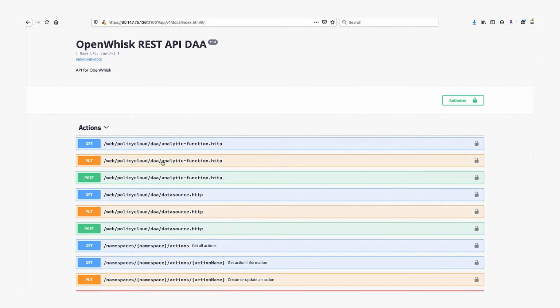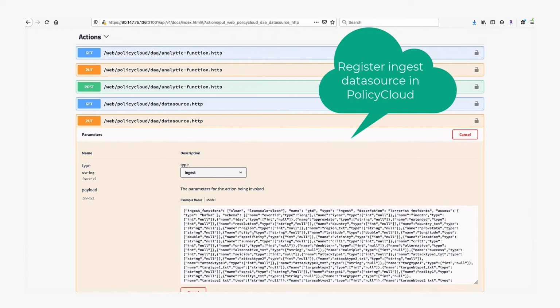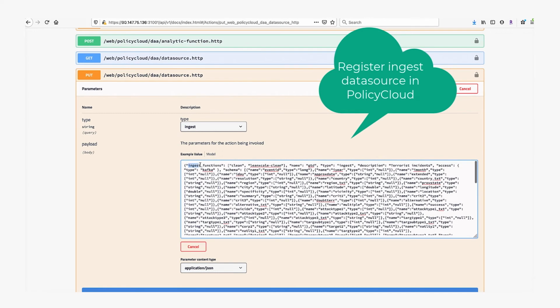Next, we can list the available ingest functions in PolicyCloud. On listing, we can see the clean analytic registered and its parameters. We can see we also have a sentiment ingest function already registered too. We will use it in the next use case scenario, Aragon. We can see also the already registered Linux Scale ingest actions to insert the processed dataset records into the PolicyCloud